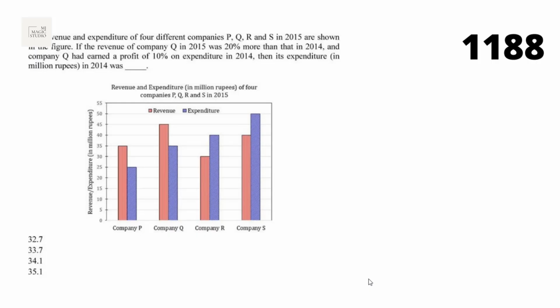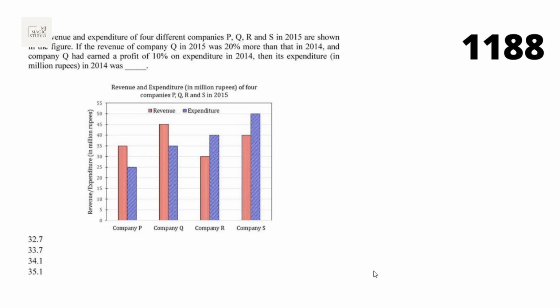Yes, welcome. Data interpretation, and it's all about different graphs, bar graphs, pie charts, line diagrams, basically, and tables. So these are the four basic types of graphs. Those are generally asked, and if different kinds of graphs are combined or asked, we'll try to take up those also. So this 1188 number question is all about bar graphs.